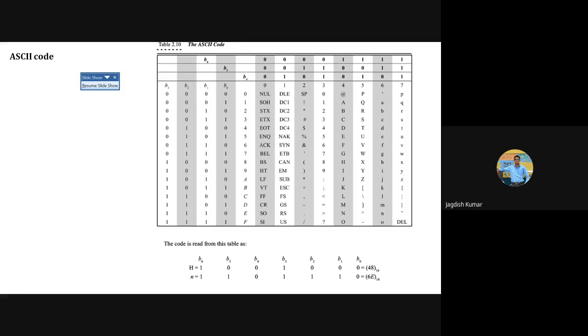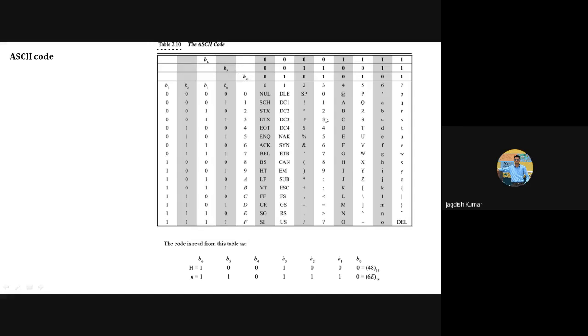So this is H, this is your B0, then B1, then B2, correct? B3 is 1. Are you able to see this? So this is H, B0 is 0, B1 is 0, B2 is also 0, and B3 is 1, correct?